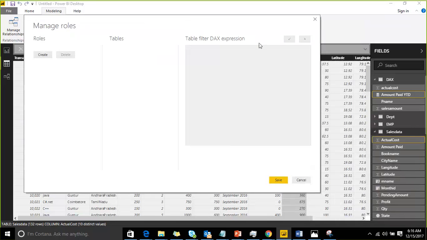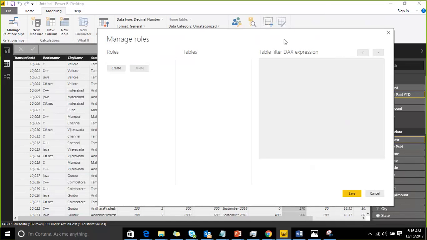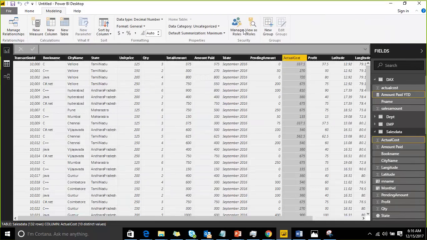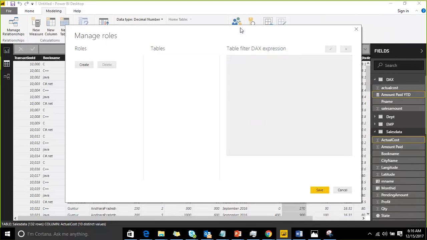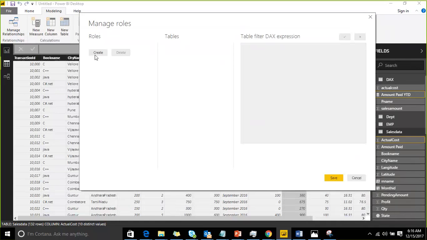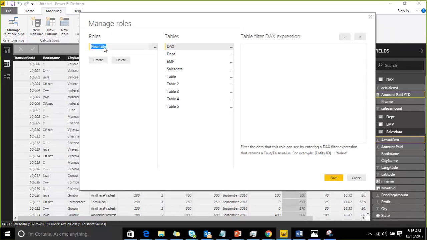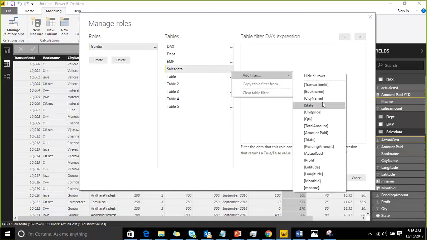Okay, fine. So we are going to create roles based on a city. Here the Manage roles option is there, and Create a role. I am saying that this role represents Guntur information, and on the sales data table I add a filter on city name.